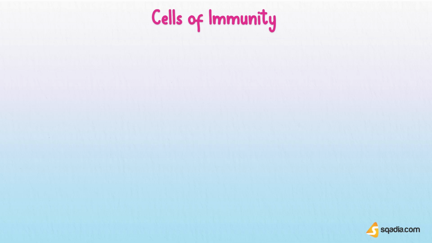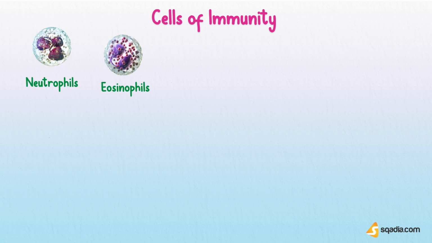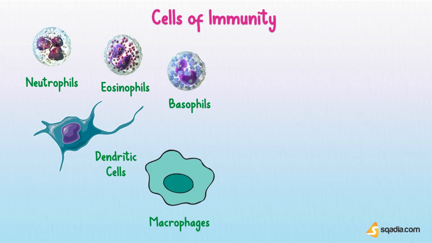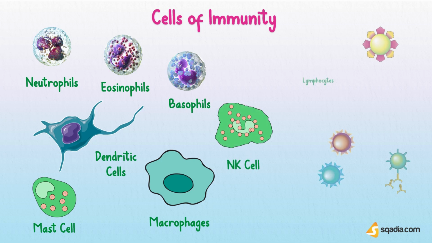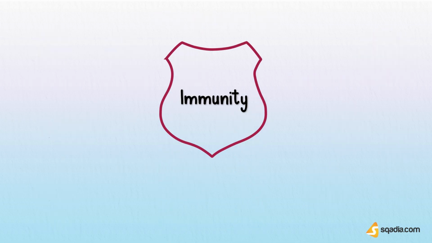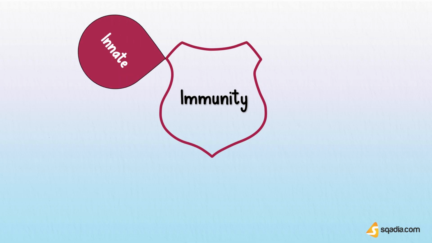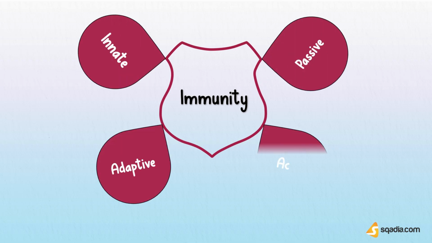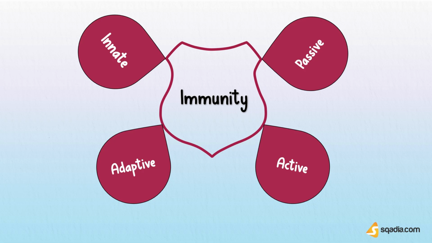Immunity is possible due to the work of immune cells. Cells of immunity are neutrophils, eosinophils, basophils, dendritic cells, macrophages, mast cells, natural killer cells, and lymphocytes. There are 4 types of immunity: innate immunity, adaptive or acquired immunity, passive immunity, and active immunity, also known